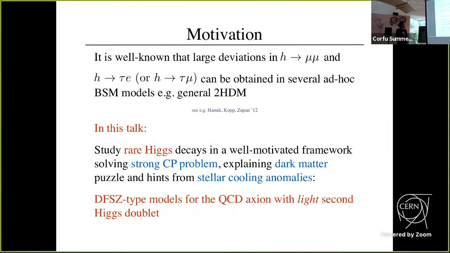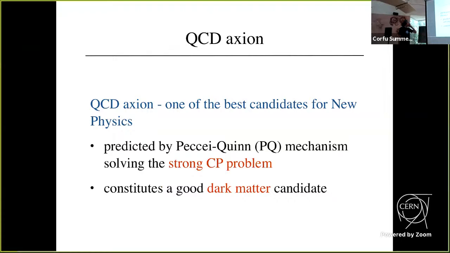So this will be a generalized DFSZ-type model for the QCD axion, and the connection with Higgs physics is that we assume that the second doublet in this model, because it's kind of a two Higgs doublet model, is relatively light. I mean, not far away from the electroweak scale. Okay, so very briefly,